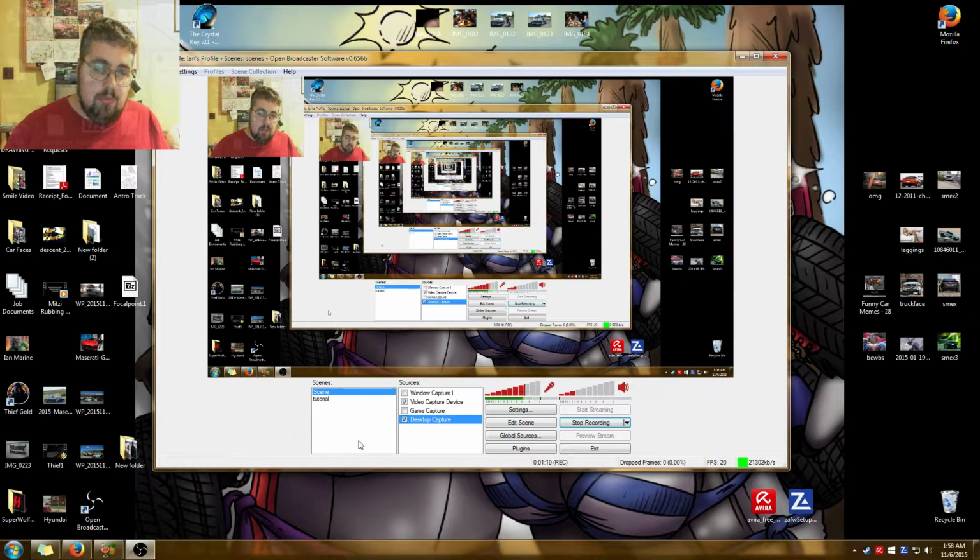Okay, so you're going to install the program, and it's pretty much going to be like this. There's not going to be any picture here because I'm recording, so now it shows the picture, but when you're not recording it doesn't. It's just a white screen. So, what you're going to do is, I'm going to actually open up another scene right here. Hopefully it's still recording, but anyway,